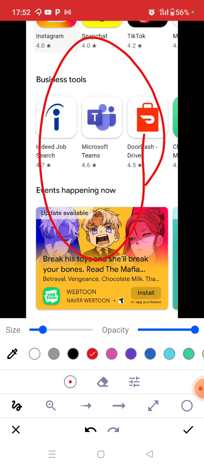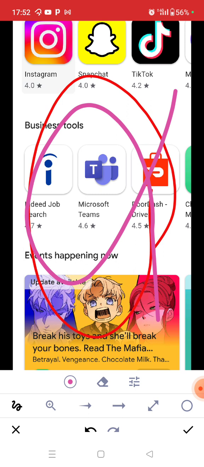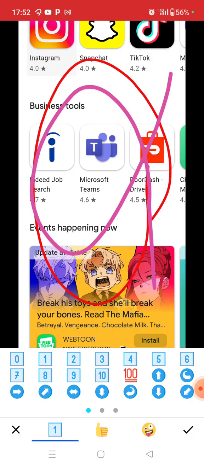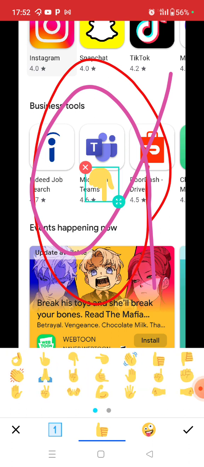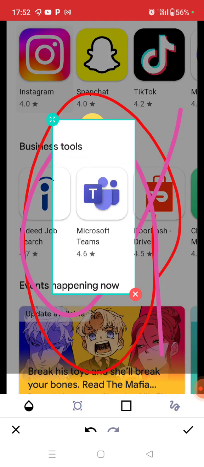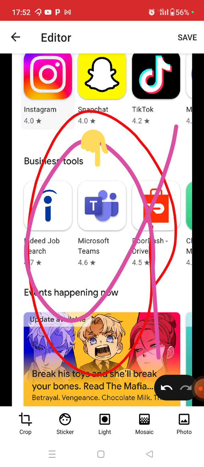I can change the thickness and other things, and then I can draw something and then apply, and then we have the stickers. Suppose I would like to tap one sticker, then I can use that. We have the light things. Let me do the undo, and then we have the mosaic.